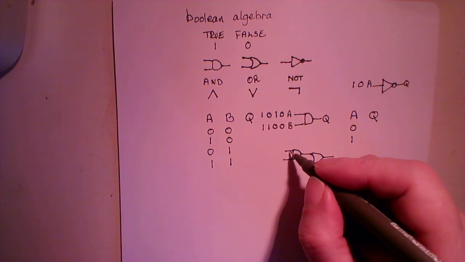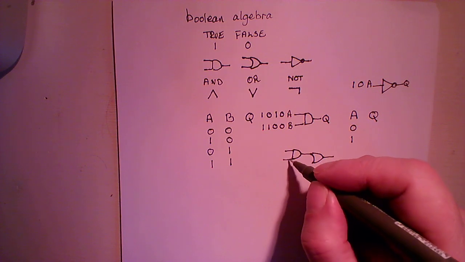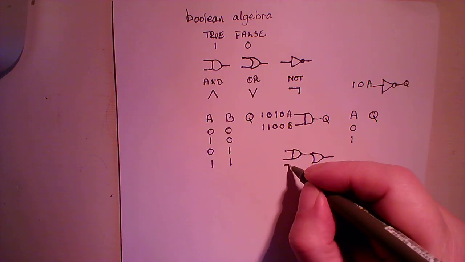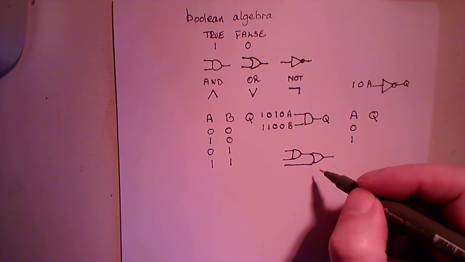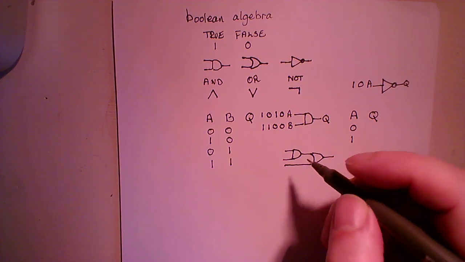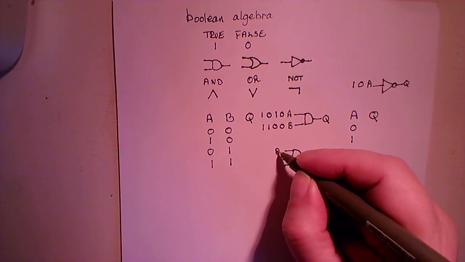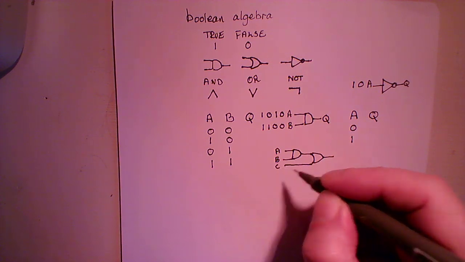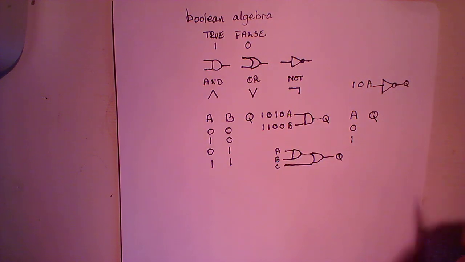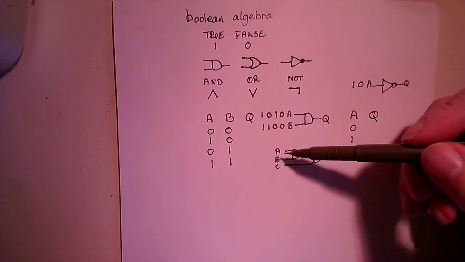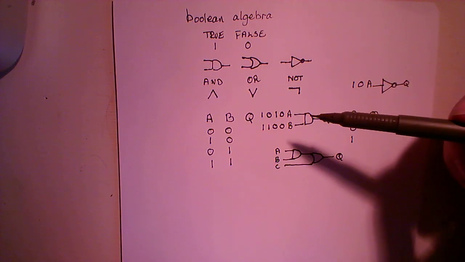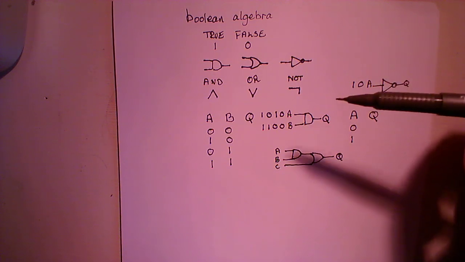But I've got my 2 inputs for the AND gate, and I would need a 3rd input for my OR gate, the 2nd input of the OR gate, and I would label them similarly A, B and C. Now I'm not sure that they will put this into your exam paper, because the truth table is going to get slightly larger. The more inputs I have, the bigger the truth table, and I've done this for a particular